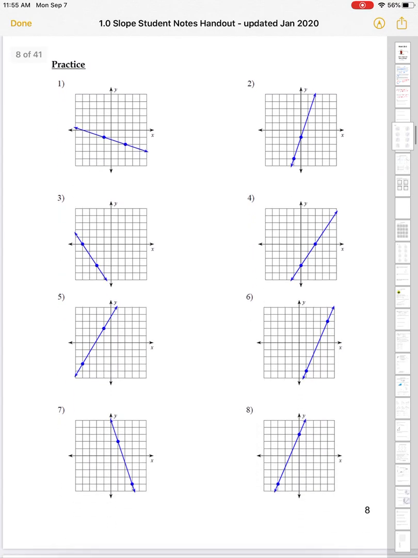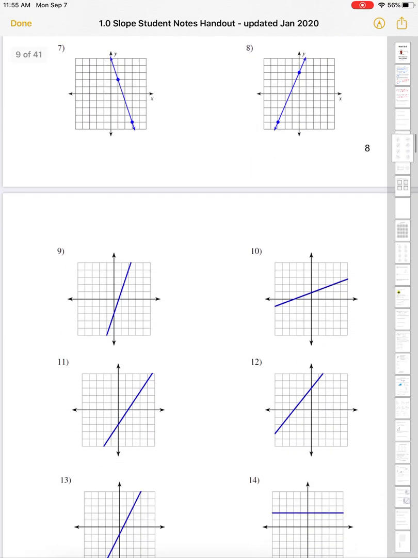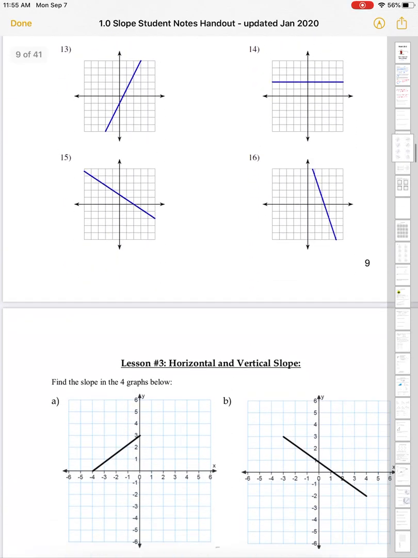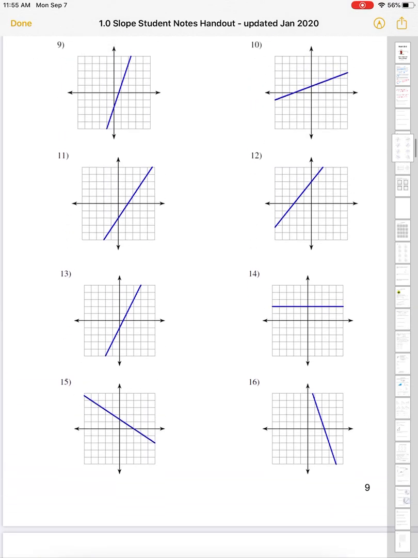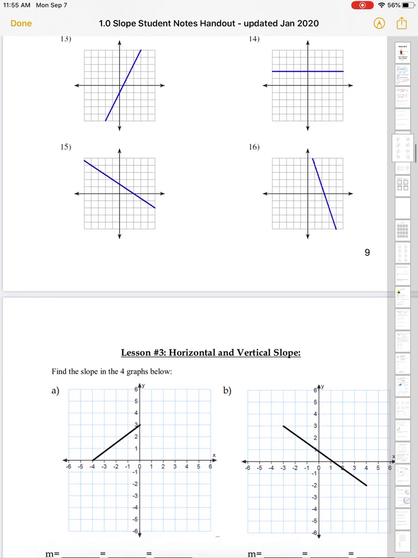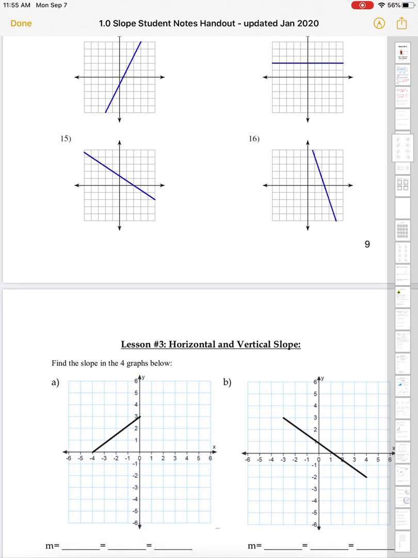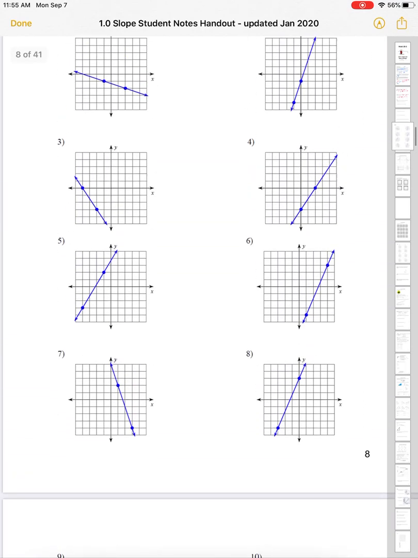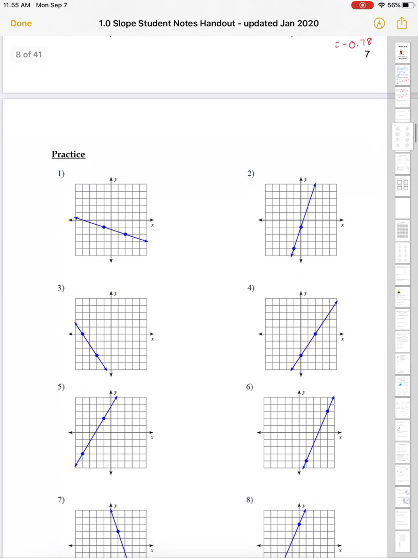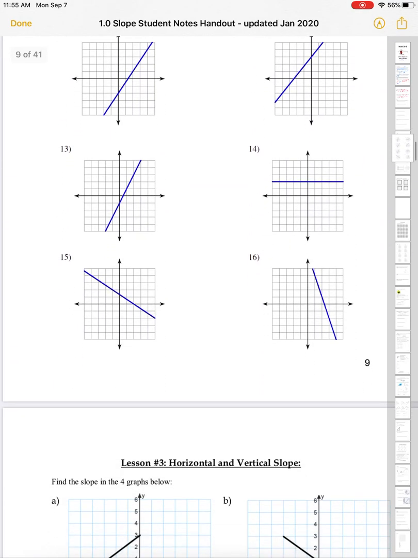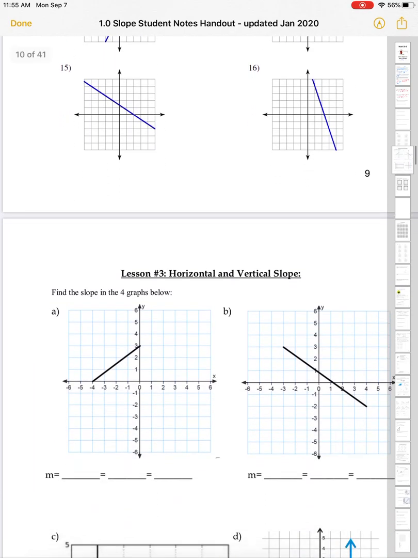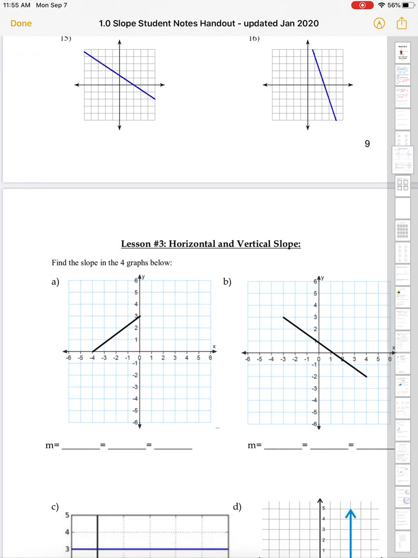There are some practice questions for you to try on your own. I'm going to give you a few minutes to go through those and practice them. There's also a worksheet for you to do, and then we're going to talk about horizontal and vertical slope. So take a few minutes and do your practice questions on pages 8 and 9. I'm going to have another worksheet for you to work on, and then when we come back for our second lesson, we'll do